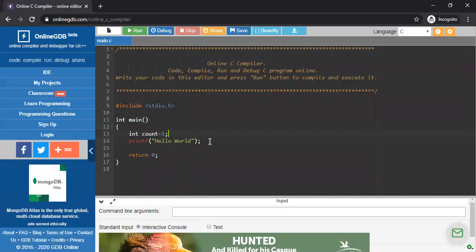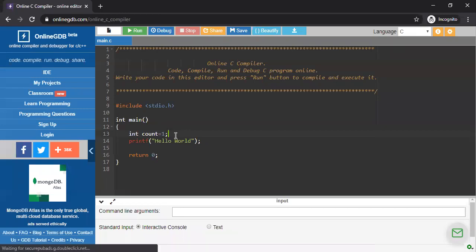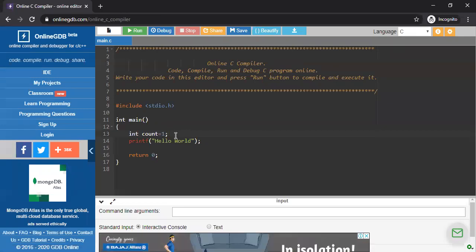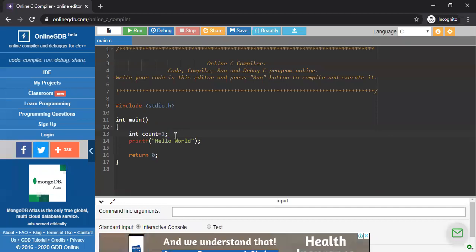So I'm going to initialize my counter, which is integer type, with 1. If you want, you can also ask the user to give some value for the counter. Both are possible. In this case, we take a counter which is an integer type of variable, and I'm going to initialize this counter with 1.